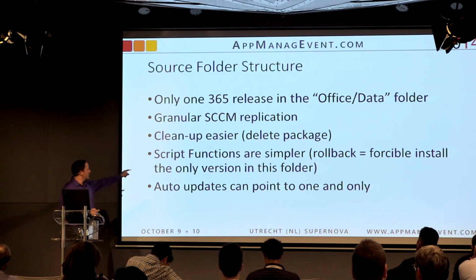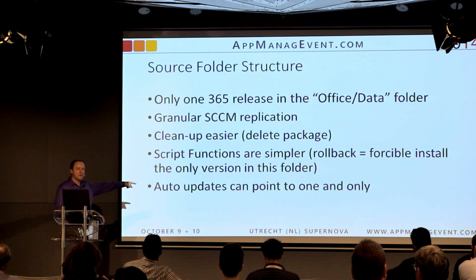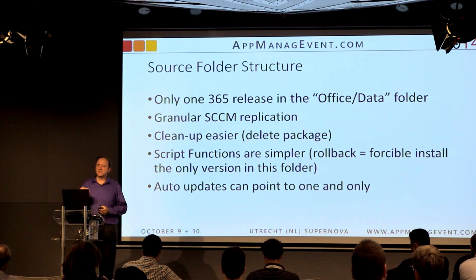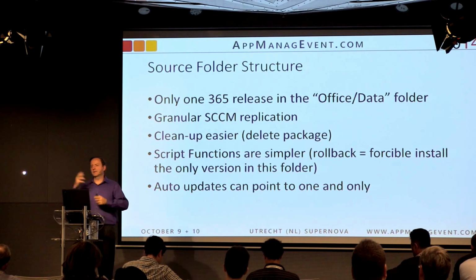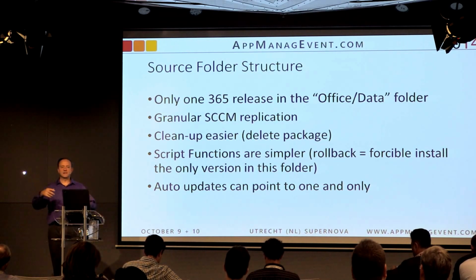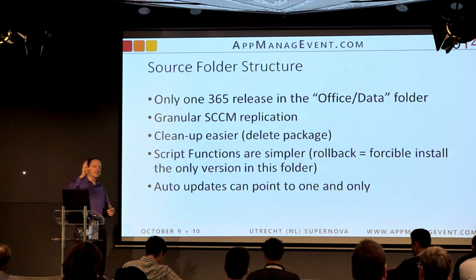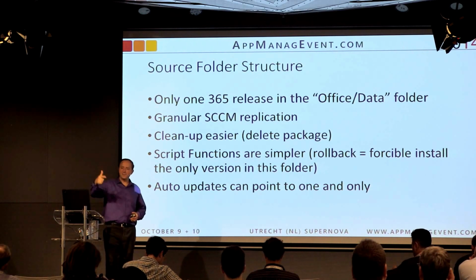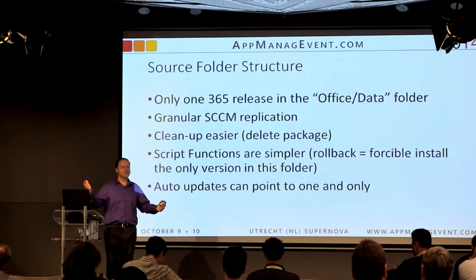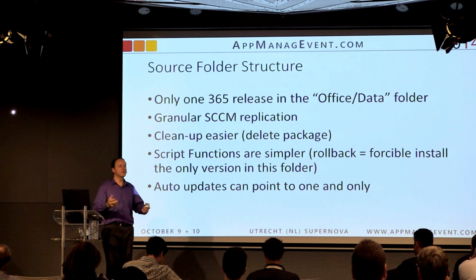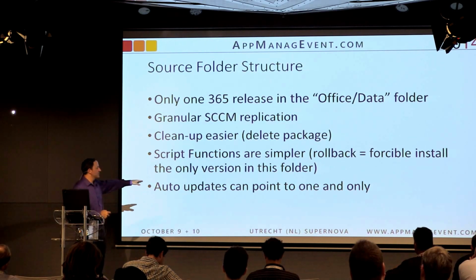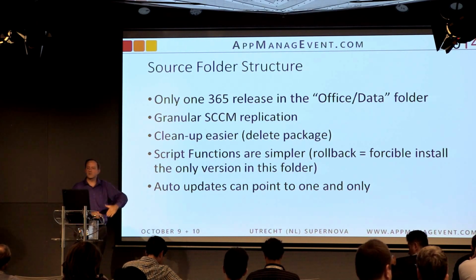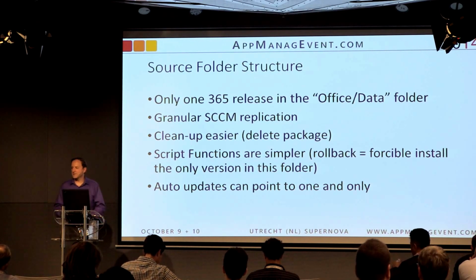And then also we can turn on the technical mechanism of auto updates because it only points to one source version. So one thing that'll happen is sometimes Office will attempt an update and it'll choke and die. Like basically, it's not a blue screen, but an abnormal error, and you click OK. Well, the next time that triggers that update check, it could very well work just fine because the user's rebooted since then or whatever. So if you have just one version out there, you could turn on auto updates and leave it pointed to the last source that client installed from, and it would give you some resiliency.